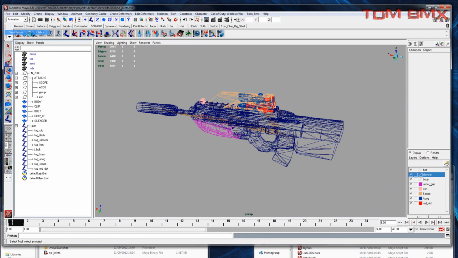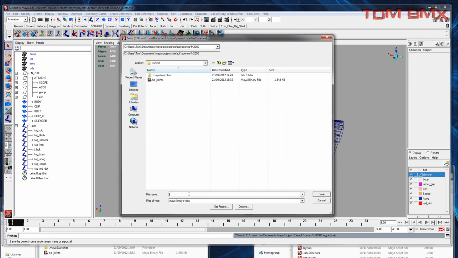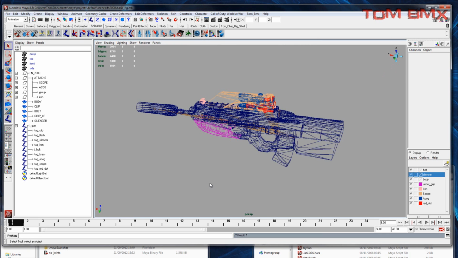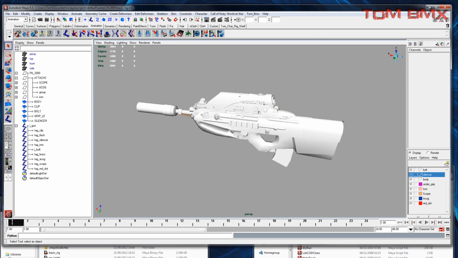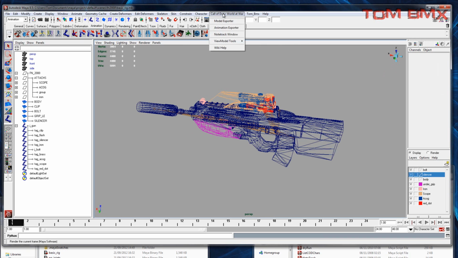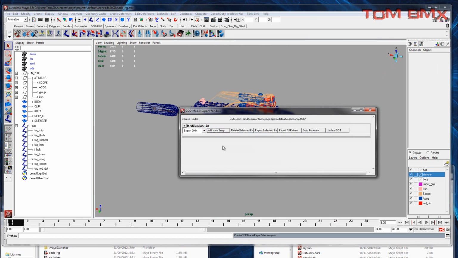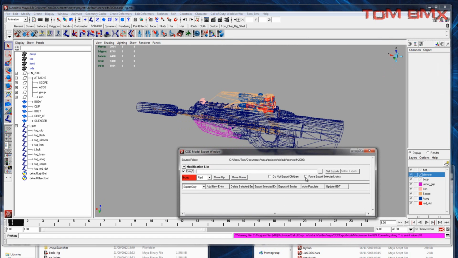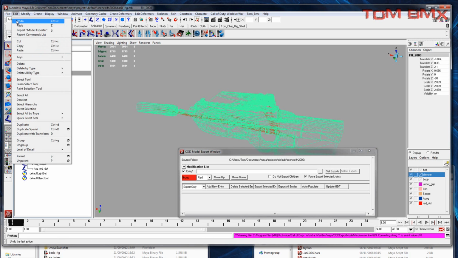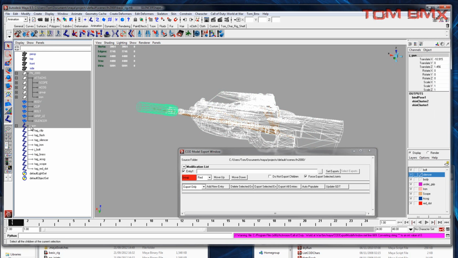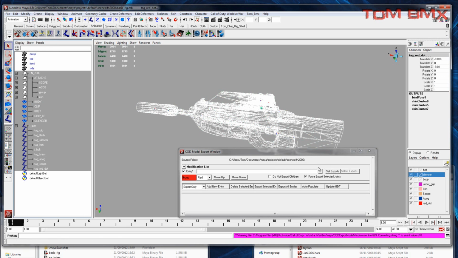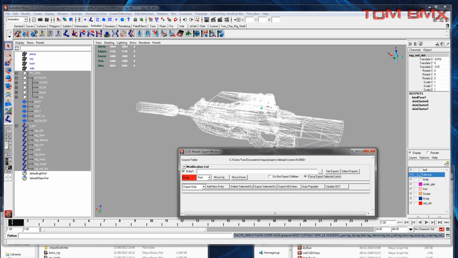So we're going to save this scene. Should save it as a different name. Basic. So that is the view model set up, ready for exporting. So we go to a Call of Duty World at War model exporter. New entry. You want to click Force Export Selected Joints. We want to select everything, so I'm just going to select the hierarchy plus all of that. Set export, so basically you just want all the meshes and all the joints,